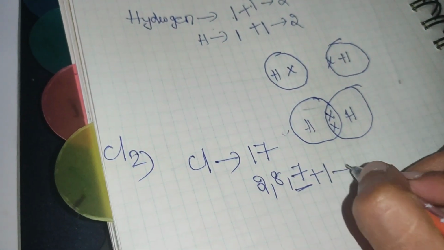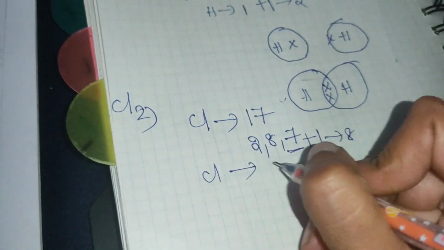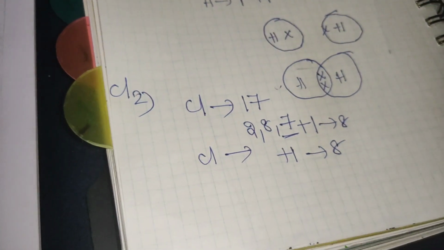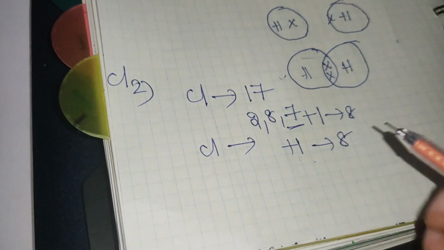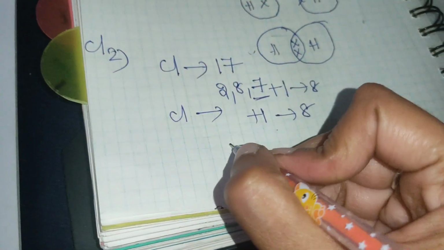It wants 1 to make it 8 to attain inert gas configuration. One more chlorine is also the same. It also wants 1 to make it inert gas configuration 8. So both need 1, so both can share to form a chlorine molecule. So chlorine,